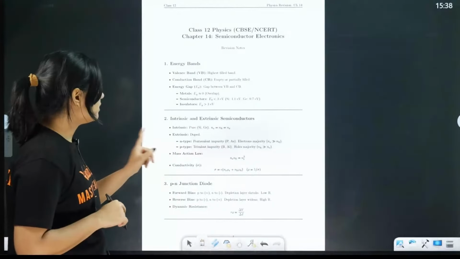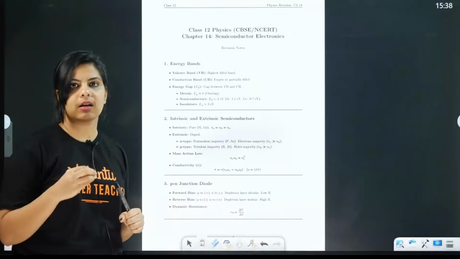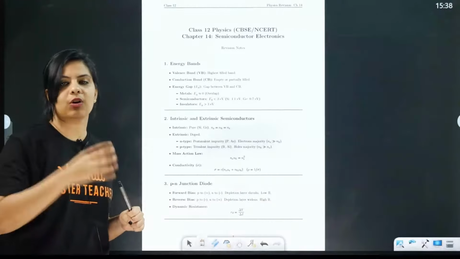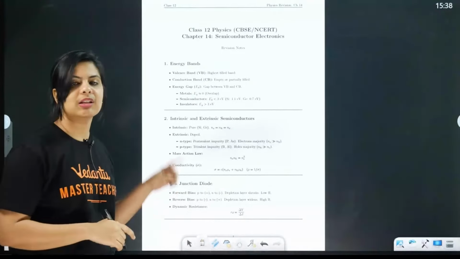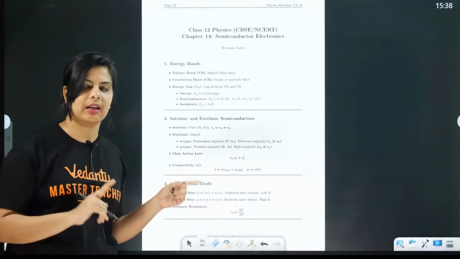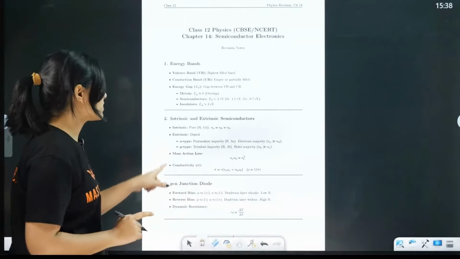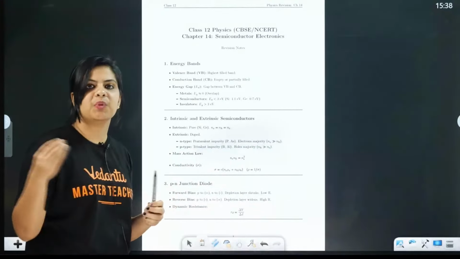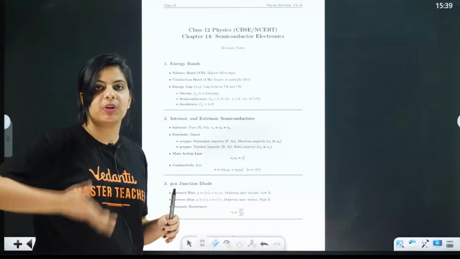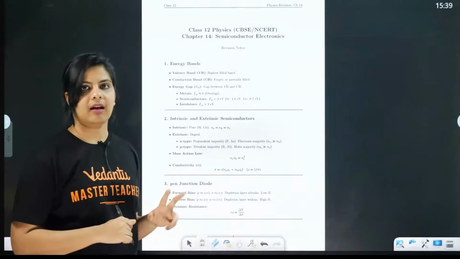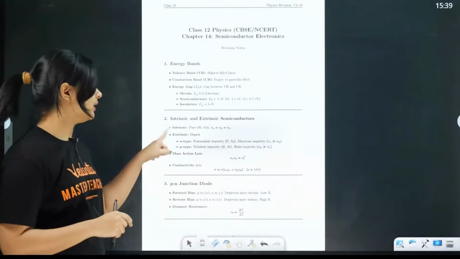Next வந்து intrinsic and extrinsic semiconductor. Intrinsic na it is pure, okay, silicon na silicon only, germanium na germanium. அதுல வந்து number of charge carriers வந்து equal இருக்கும், electrons and holes வந்து same ஆ இருக்கும். Next வந்து extrinsic na doped one, we add impurity to improve the conductivity. So அதனால வந்து we have two types, n type and p type.